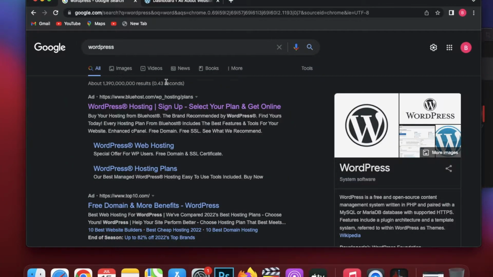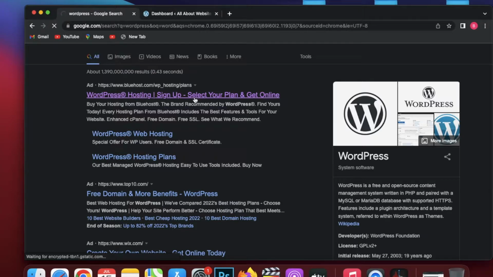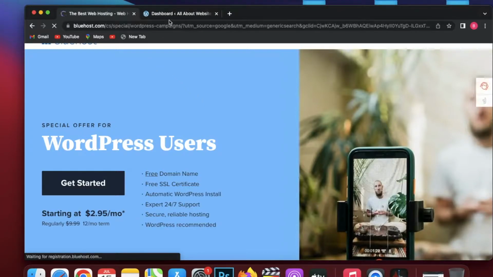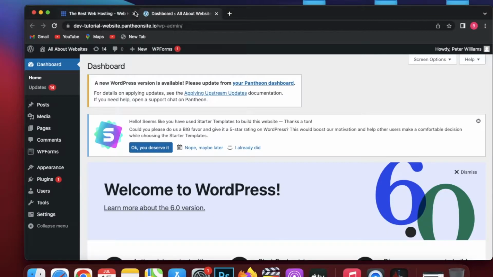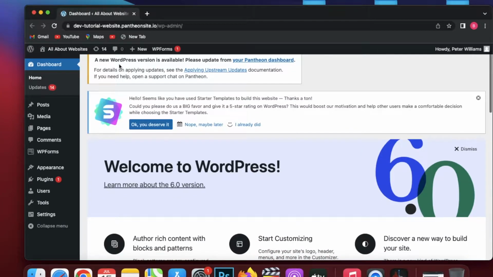First of all, you have to go on Google, search for wordpress.com, and then sign up for your account, or make your account on wordpress.com. I already have made my account on wordpress.com, so you can do that as well. So let's go on wordpress.com, and this will be your dashboard for your wordpress.com, and this will be your